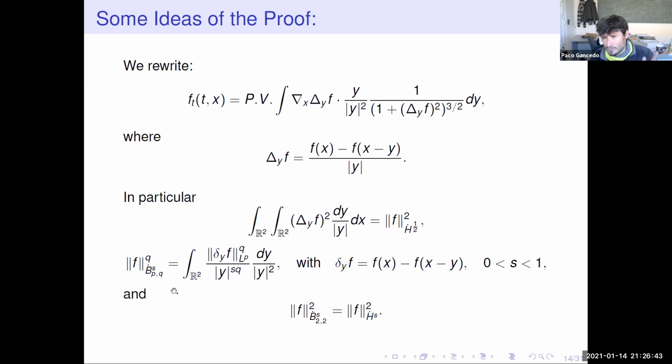P, Q, I have two indices, and S is the derivative. Okay, with this L^P of this thing to the power Q, and then again this integral. We don't have to be scared about this. Besov is highly common nowadays in PDEs. For example, if I take P and Q equal to 2, I recover the usual Sobolev space, for S between 0 and 1. And you see that this incremental thing, or this fraction on this delta_y f, appears in Muskat.